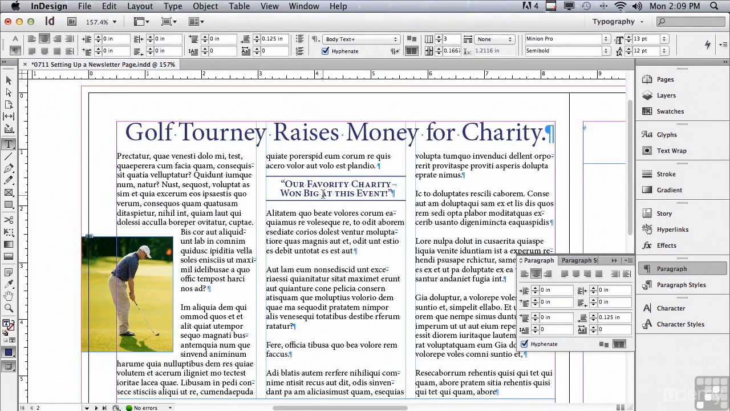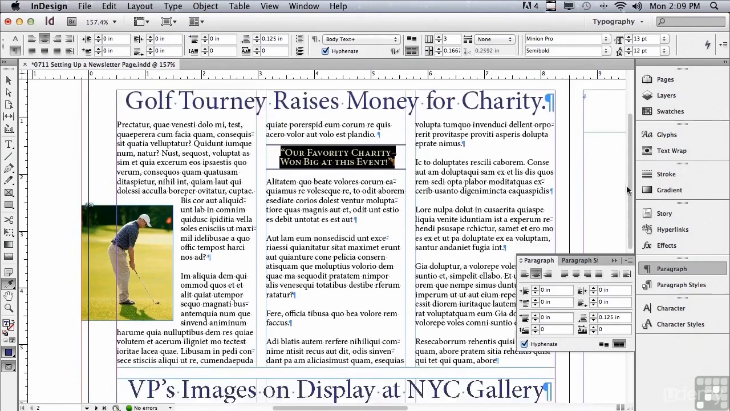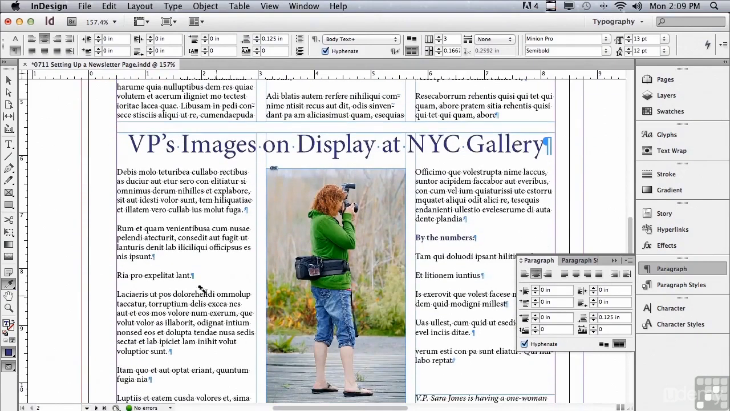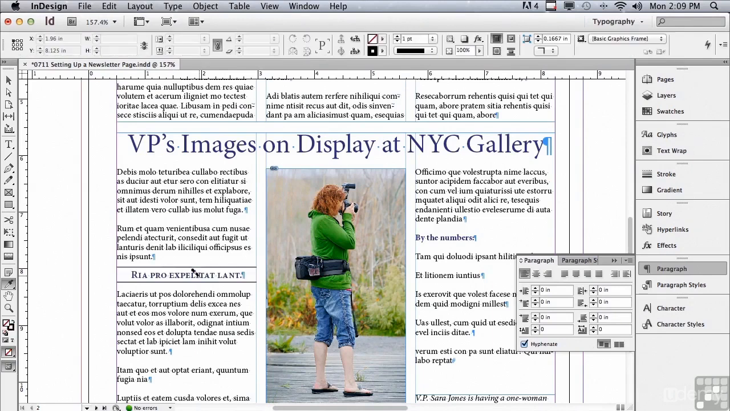So instead, what I'm going to do here is just select my pull quote, go to my eyedropper tool, and just click on one of those selected characters. And now scroll down my page. And in the first column of the second story, you can see there's a single line paragraph. I want to go to the left of that and then click and drag across it to apply my pull